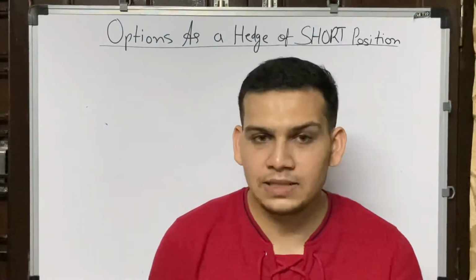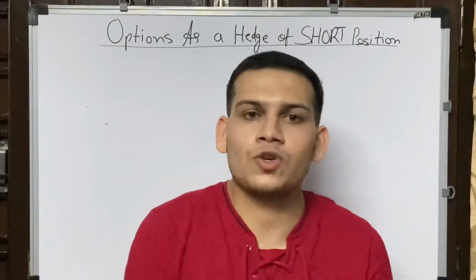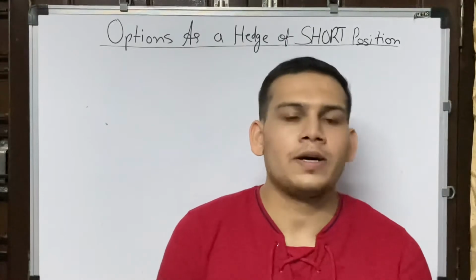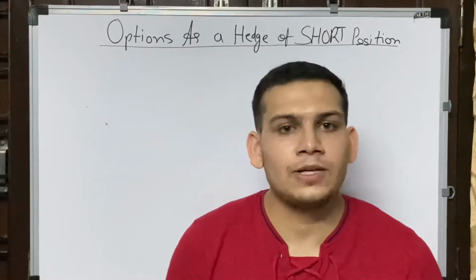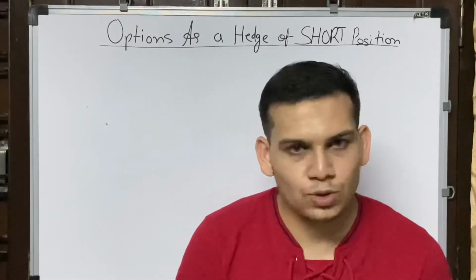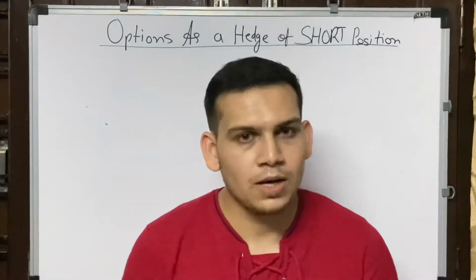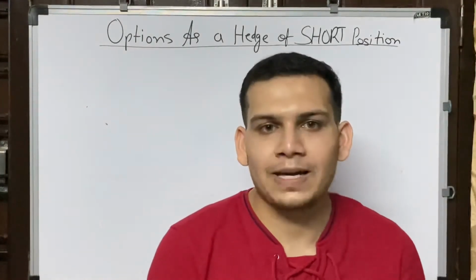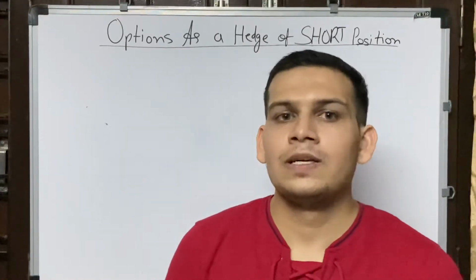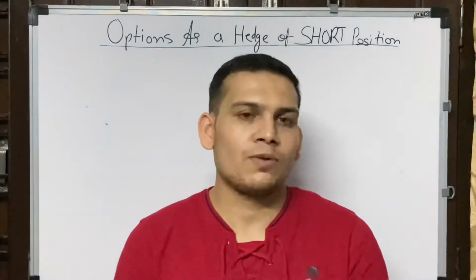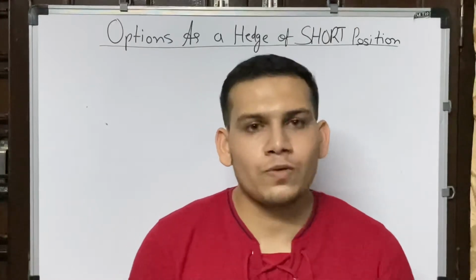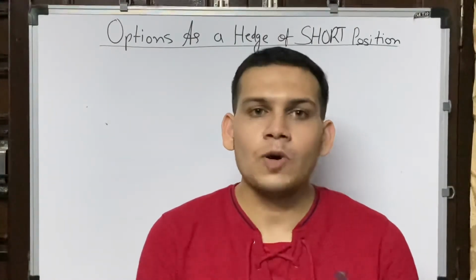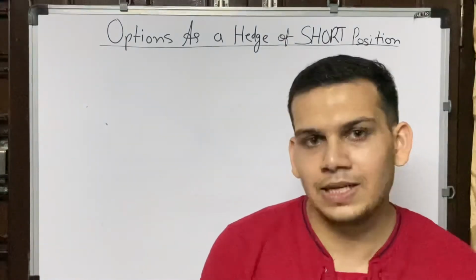One way is this: if you have a short position in a stock, let's say a stock is trading at $100 and you are expecting it to go down to 90. So you already shorted the stock at 100, and you expect it will go down to 90, you will buy it back, give it to the person from whom you borrowed it for short selling, and then the $10 profit will be all yours. So this is what you are expecting in the short position.